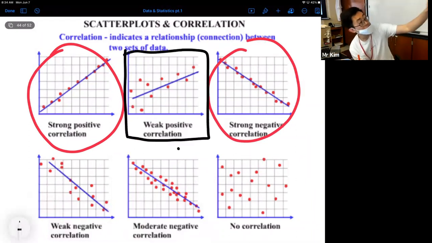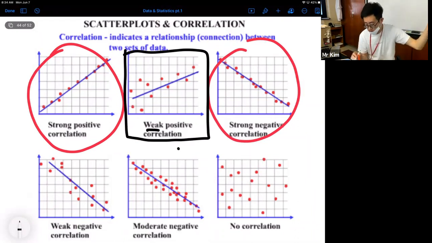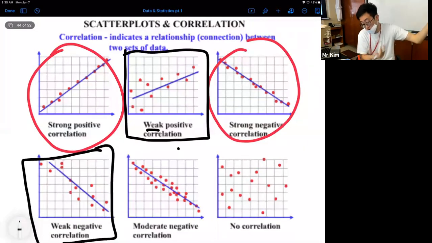Notice how they generally do go upwards, like they go from left to right. We have the rising motion, but the dots are so far from the best line of fit that we call this the weak positive correlation. And if I give you a data point like that, your R values will be very weak. This is a weaker negative correlation. Okay, the dots are all over the place.